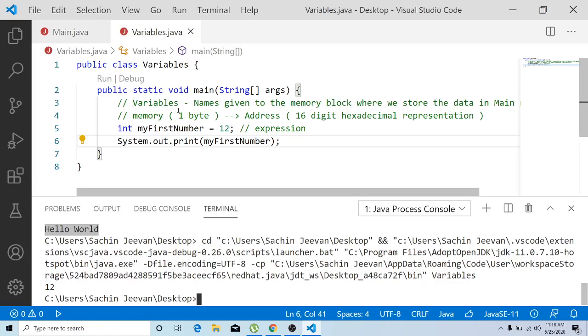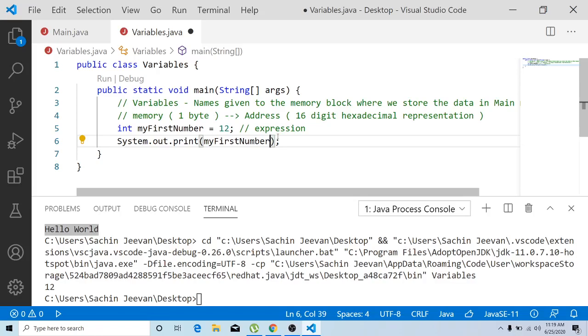Okay, fine. So now, whenever you want to print a variable, there should be no double quotes in front of the variable and at the rear end also. If you enclose it in double quotes, then it is called a string. It is not called a variable. So a variable should not be inside double quotes; it should be without double quotes. If it is a string, then only you should delimit it inside double quotes.